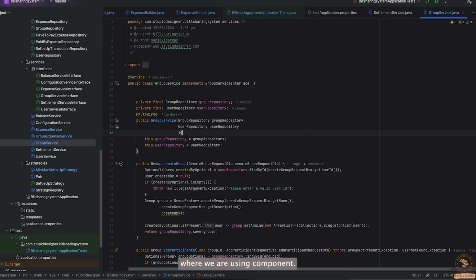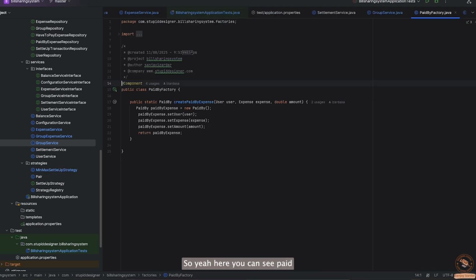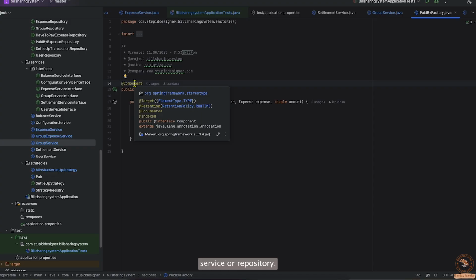In the same way we have the Component annotation. So let's find where we are using Component. So yeah, here you can see PaidByFactory. In PaidByFactory we are using this Component annotation. This Component annotation is also used for creating a bean, okay. So whenever you want to create a singleton object in the Spring Boot framework, you annotate that class using Component, Service or Repository. Component, Service, Repository, RestController, these are all components by default with some additional functionality. Spring Boot creates the beans of these classes and stores them in the app container, and it is used whenever we use the Autowired annotation or whenever we use